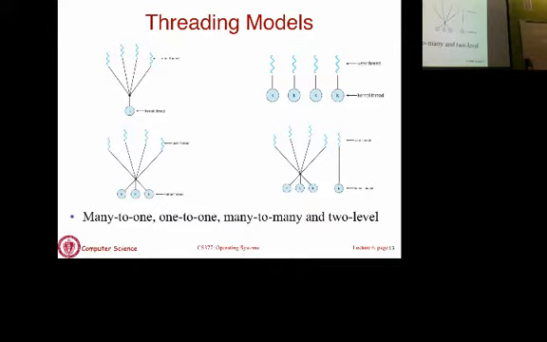So this is a many-to-many model. Let's say you run the CPU scheduler and pick this kernel level thread. Then you run a user level threads package and ask what all the threads mapped onto this are, and which of those threads run next. So all of these threads are mapped here. You may say I'm going to run this thread. That thread runs, it gets a time slice, and it does I/O.